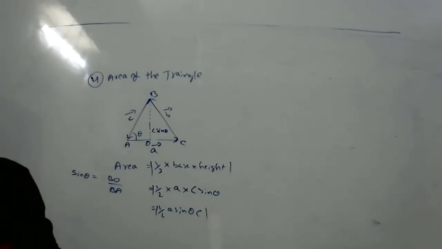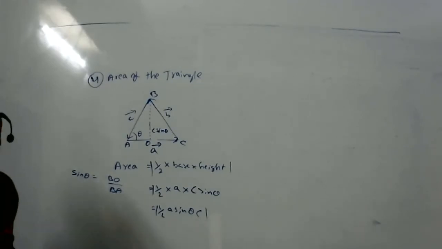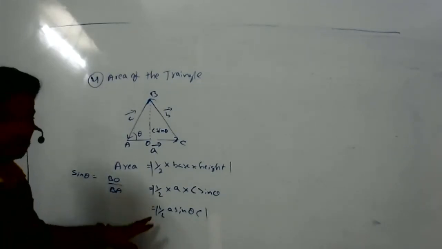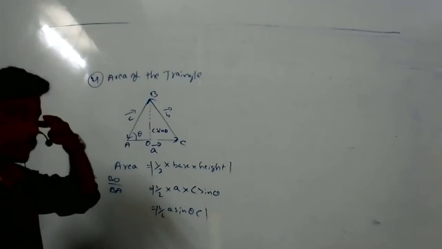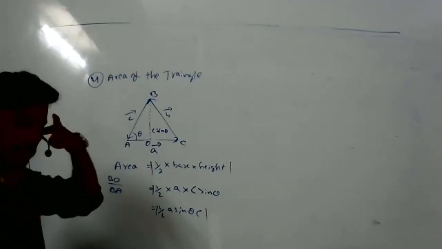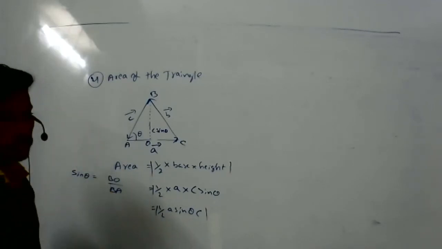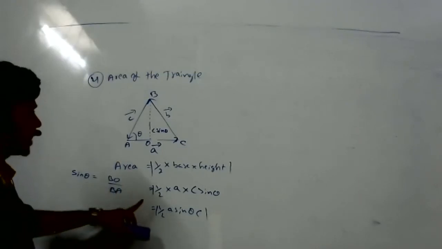Sir, did you write something after half A sin theta C? No need to write. Base into height. Half into base into height is called triangle. Because for me, your video is lagging. I'm not able to hear you properly. Okay. No need to write anything. Okay. So then